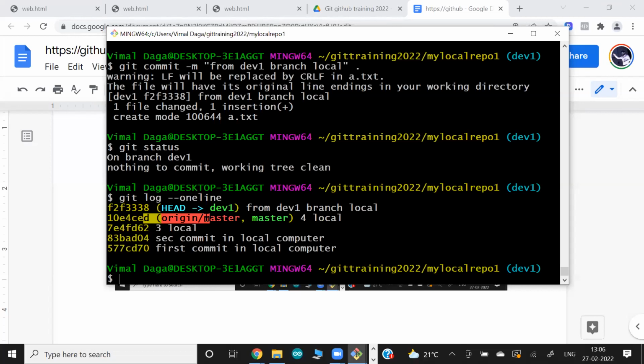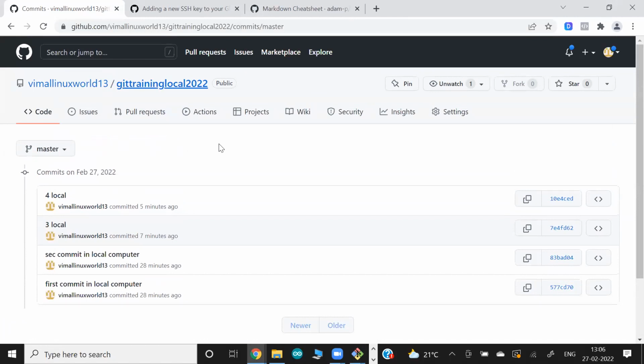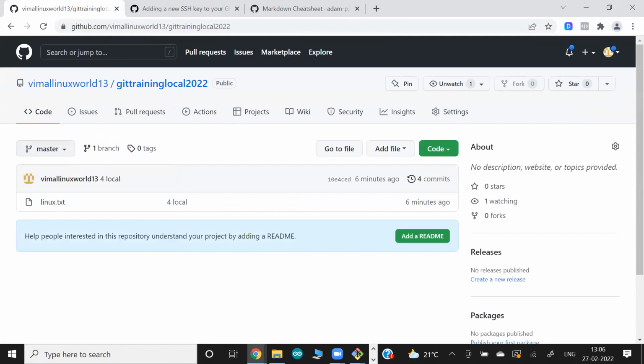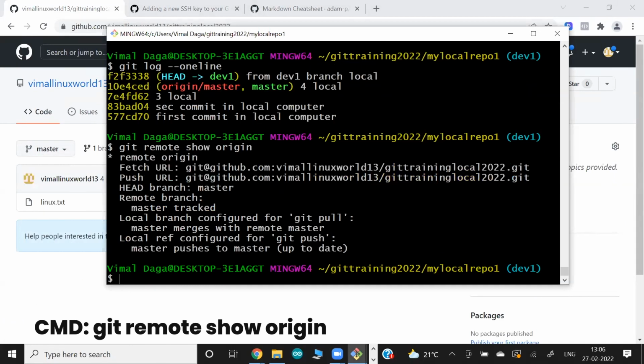Or if you want, no, I also want this branch to be created in GitHub. If you see here in GitHub, we have only the master branch. So I want this branch also uploaded into GitHub. Right now, if you run git remote show origin, what you see here is that we are only tracking the master branch. But what I want to do is git push. This time I want my origin, my GitHub or remote system, to track this branch also,